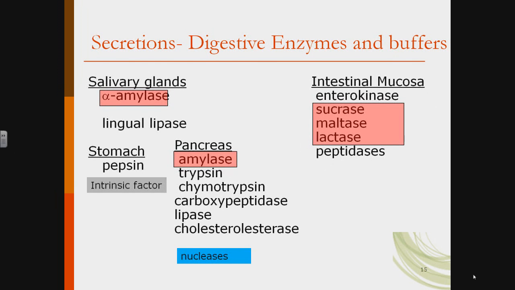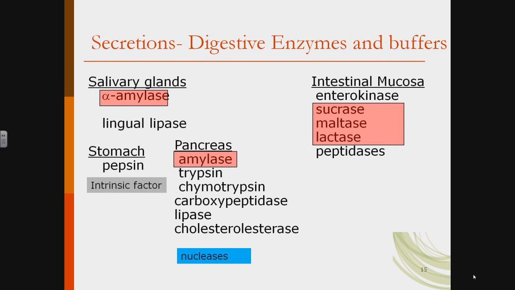In the salivary glands in your oral cavity, you actually begin carbohydrate digestion with your salivary amylase. If you were to chew on a cracker and just masticate it over and over without swallowing, it would become very sweet to your taste buds. And this is because your amylase is starting to digest the polymers of the carbohydrates into simple sugars.